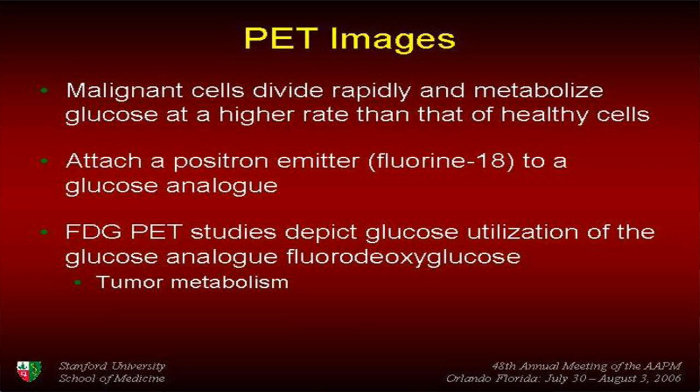PET imaging is another aspect in head and neck cancer that's becoming very prevalent. And we know that PET is very useful. Malignant cells divide very rapidly. They burn glucose preferentially. So if you can have a glucose analog and put a positron-emitting isotope on that, you can monitor the